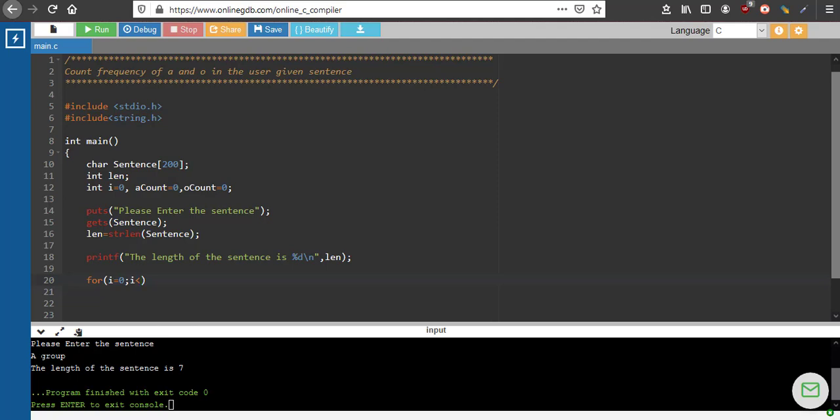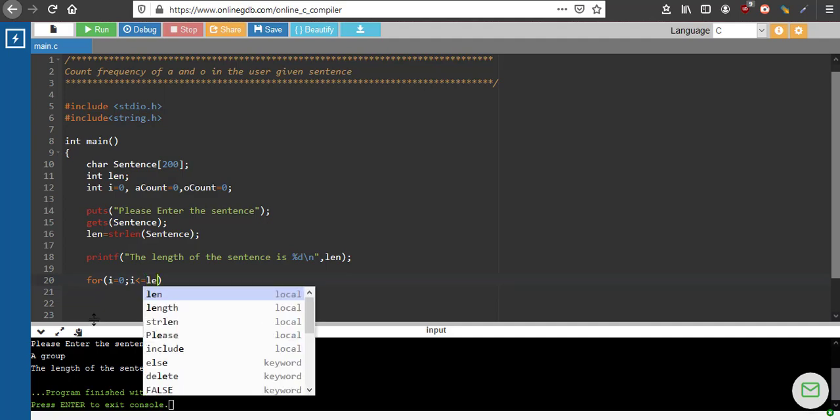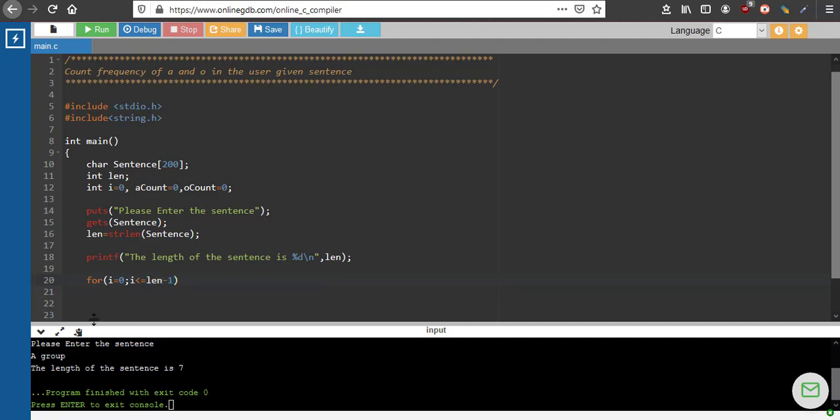So space is 1, 2, 3, 4, 5, 6. So index of the last character is one number less than the length of the string. So this will be less than or equal to len minus 1. I hope this is clear. i plus plus. Okay.